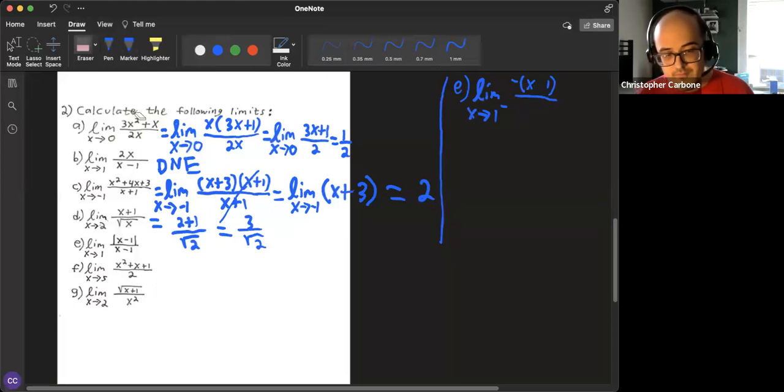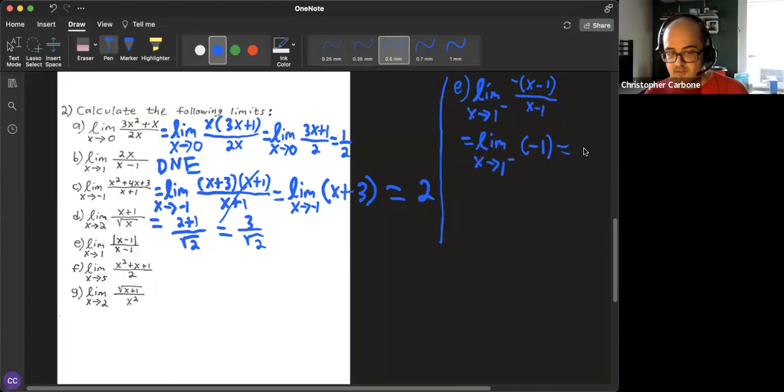There we go. So this is the limit as x approaches 1 from the left of negative x minus 1 divided by x minus 1. Those x minus 1s cancel. So this is just simply the limit as x approaches 1 from the left of -1. And that just gives us -1 since there's no x in there. Likewise, the limit